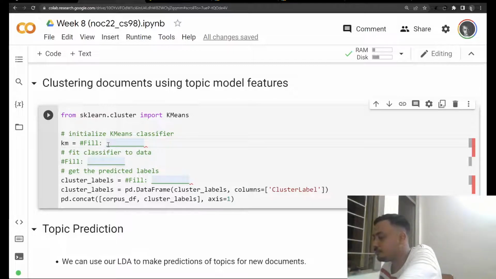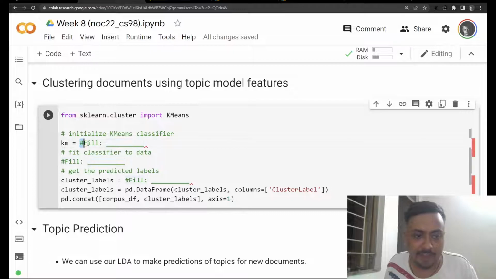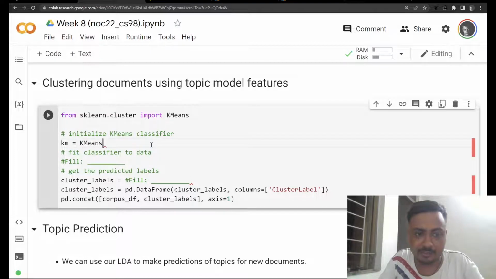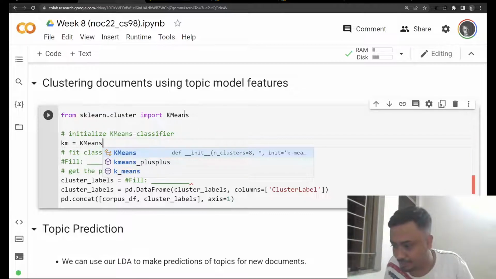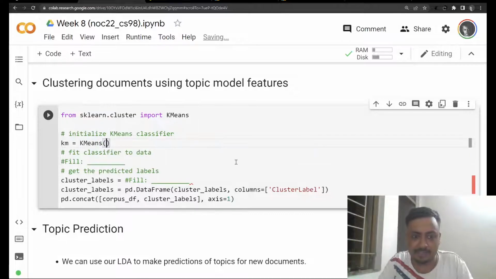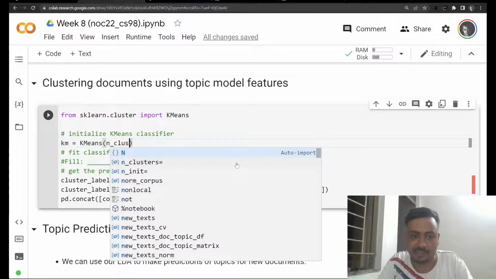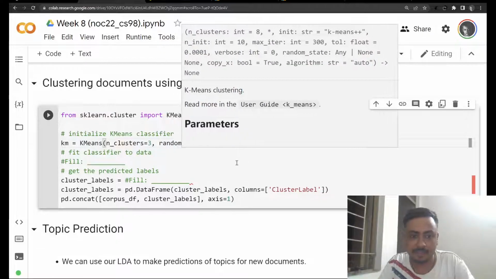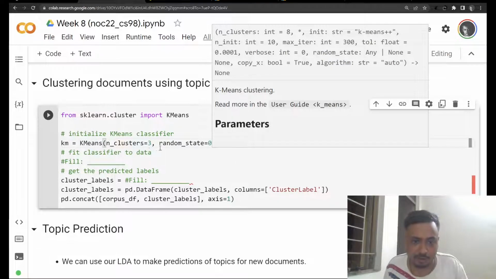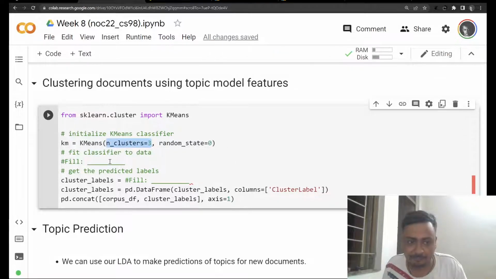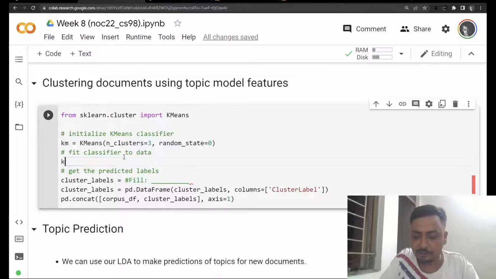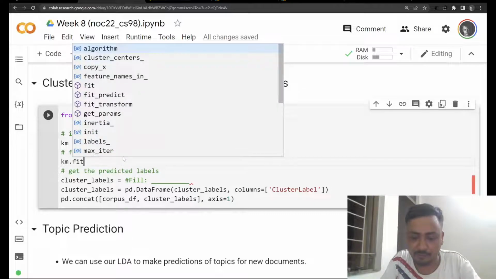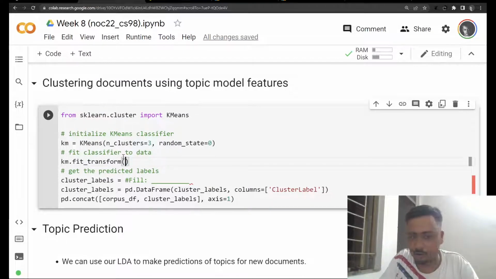What we basically do here is use the k-means classifier. We have already imported k-means, and we do k-means. Again, k-means has this hyperparameter n_clusters, which you have to specify. We know it is 3, that is why we are using 3. Random state, again 0, not needed that much. This is the main parameter. And what we do is we do km.fit_transform on the